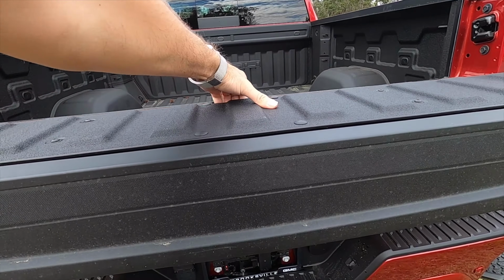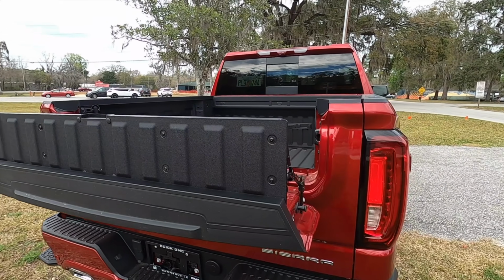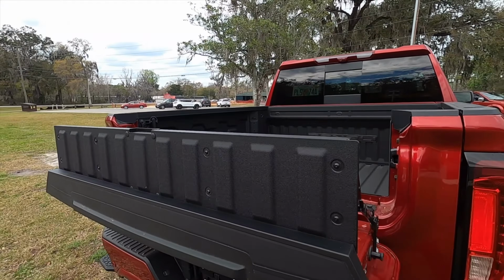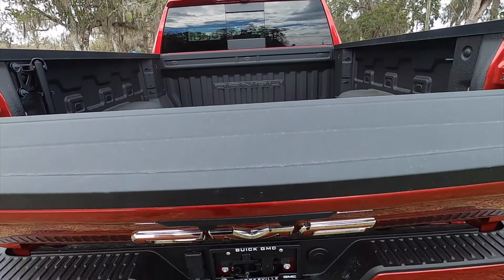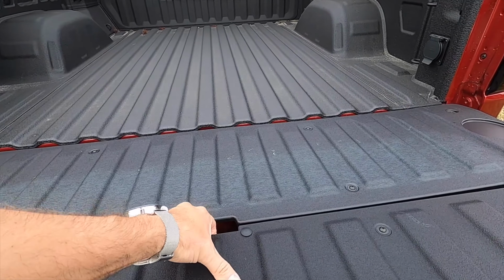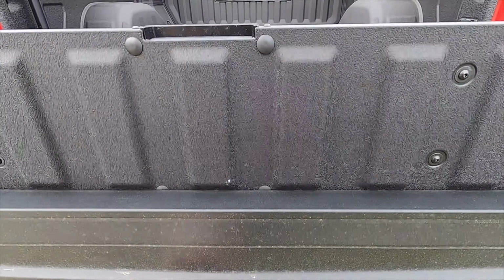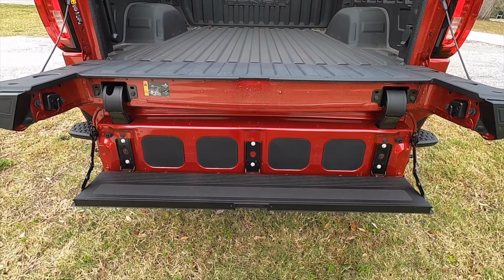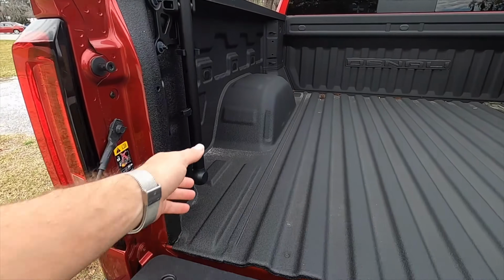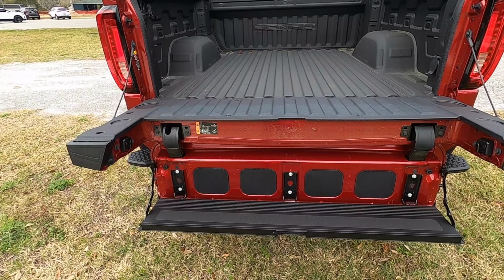This is one way you can do it, in which you can have items stacked upwards. Do it this way. You can yet again do this to close off the bed. So now you have an actual step to get inside. You pull this lever here, and now you can just walk into